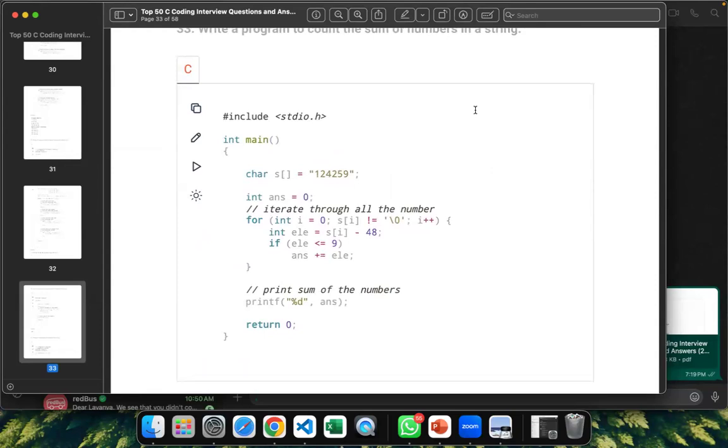Now you are given a string. You just have to consider how many numbers are there inside the string. If any numbers are there, add each number and print the final answer. So first of all, a string cannot be changed into an integer. That we know. We can do this using